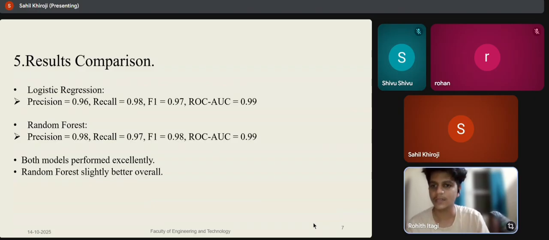Thank you, Rohan. Here is the results comparison. Two models were trained and tested on the same dataset: logistic regression, a simple linear model, and random forest, an ensemble model made up of many decision trees. For logistic regression, precision equals 0.96, where 96% of positive predictions were correct, recall equals 0.98, where it caught 98% of all true positives, and F1 score is 0.97, a balanced performance between precision and recall, and